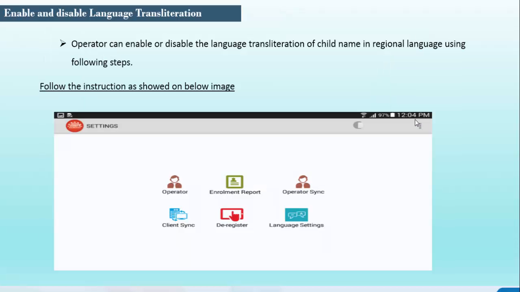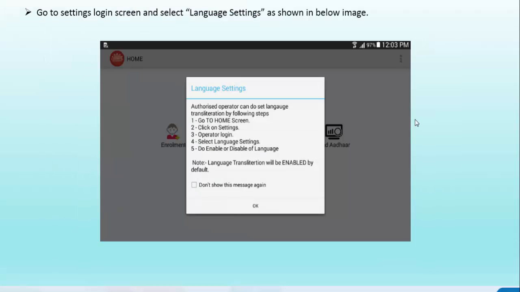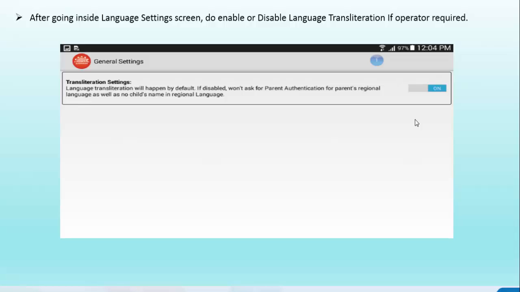So once it is done, just go to home page, then the language settings option will be there. Just open that language settings option and enable the transliteration settings also, because transliteration settings will be used to translate from English into your local language.